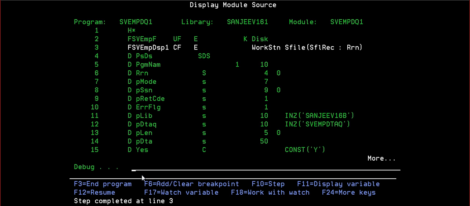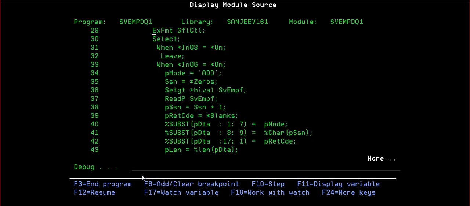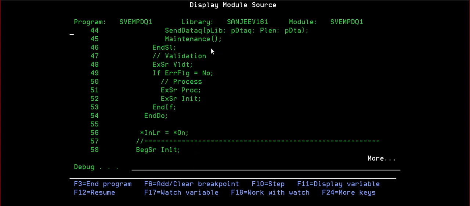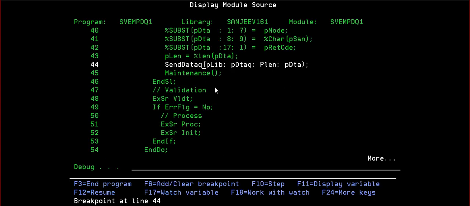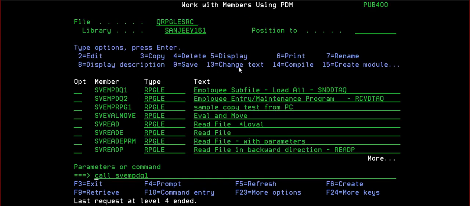Okay, let me do fex fmt because before that everything is fine. Here I'll put a debug, F6, F12. I can click on F6. So let us see what plib is going. Oh, this also I have to change, right? This is the first parameter p data q, and due to this one it's happening.